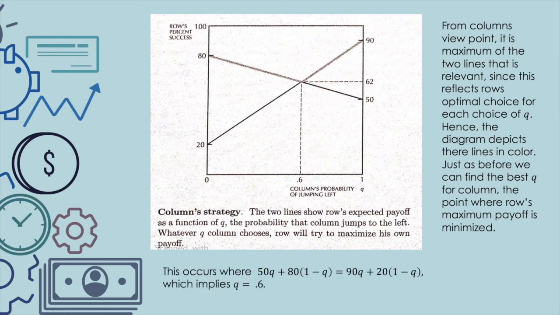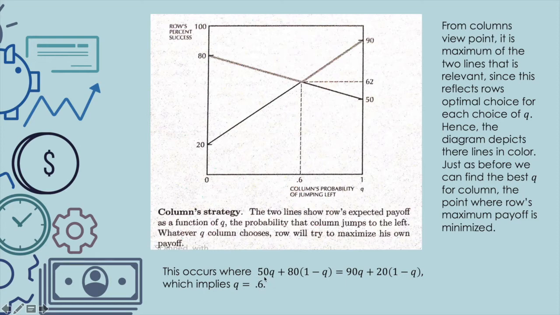So this is the column strategy. From the column viewpoint, it is the maximum of the two lines that is relevant, since this reflects row's optimal choice for each choice of Q. The diagram depicts their lines in color. Just as before, we can find the best Q for column, the point where row's maximum payoff is minimized. So this occurs where